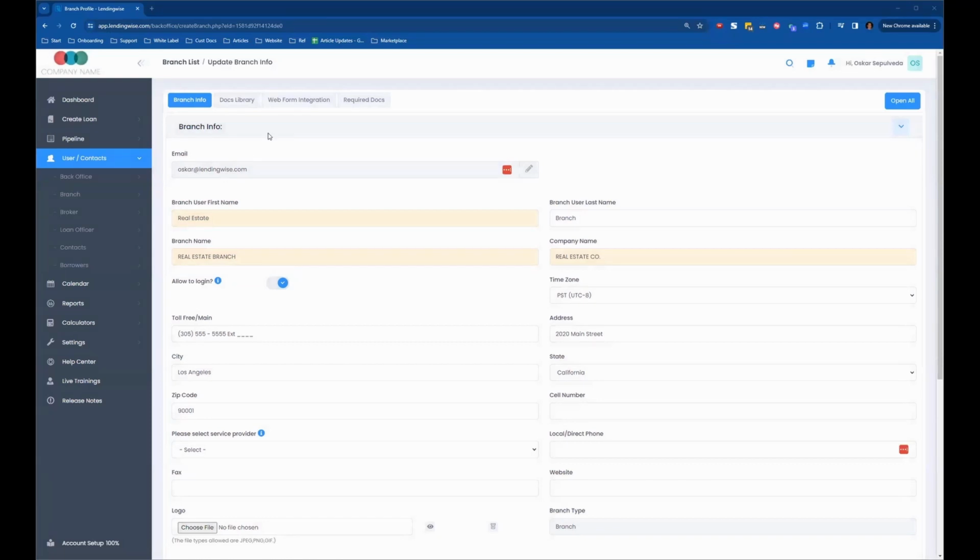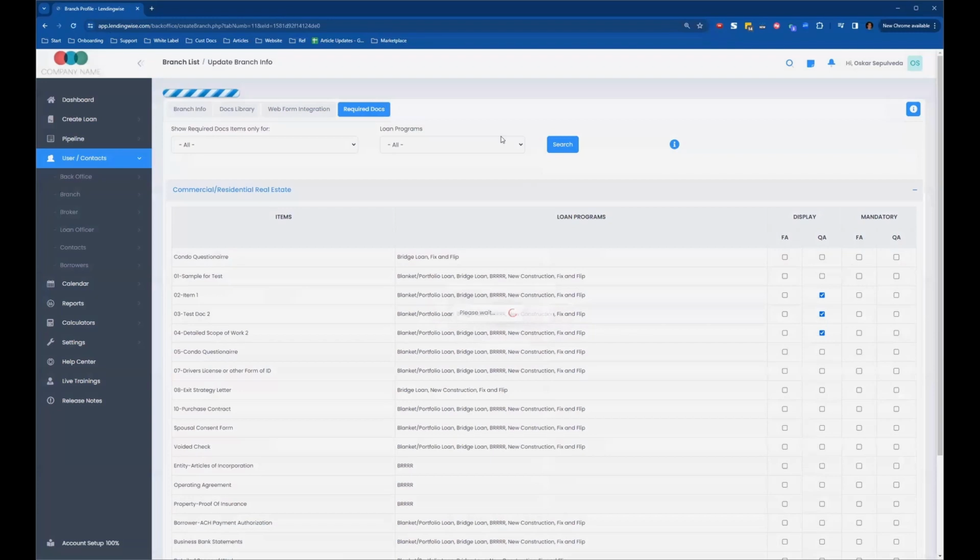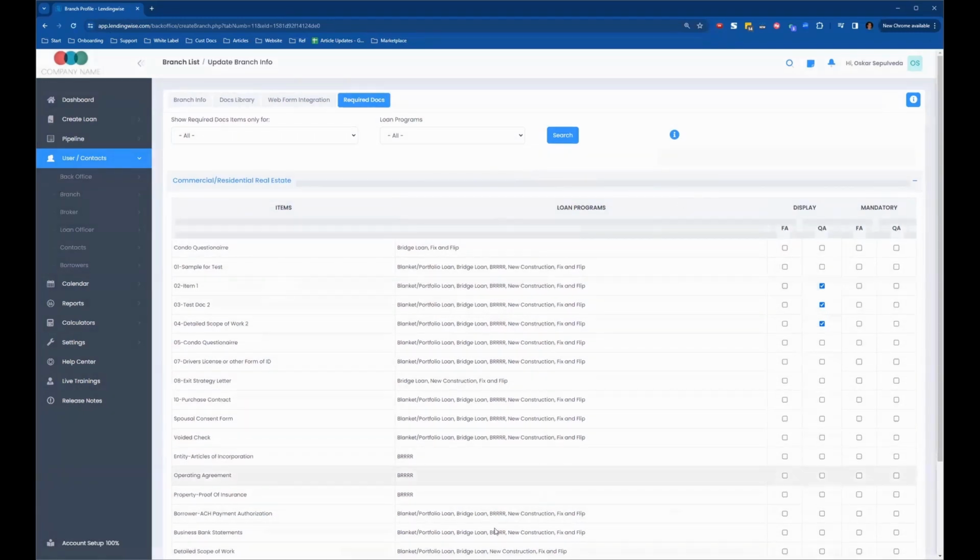And now we can go into the web form integration tab. Sorry, not the web form integration tab. Once you're here, you're going to go to the required docs tab. So in the required docs tab of the branch is where you're going to see the lists of all the required documents that you can choose to request when somebody fills out a quick app or a full app for